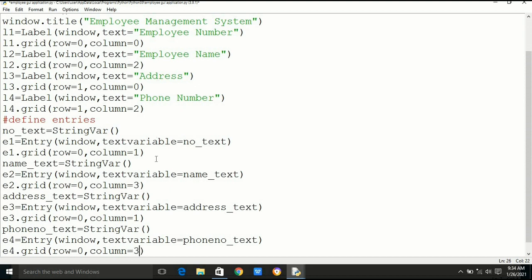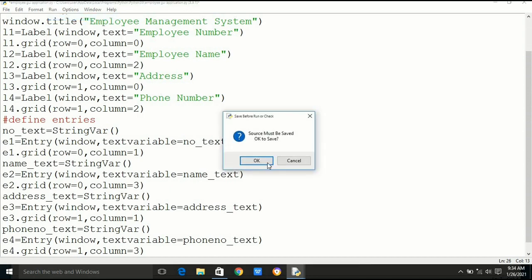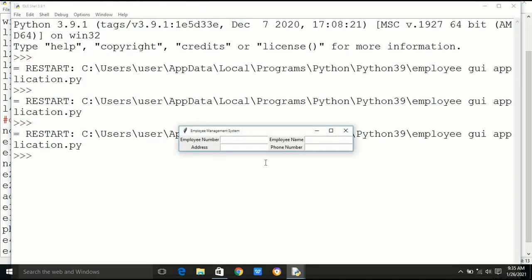The third and fourth text boxes will be in column 1 and column 3. Now 4 labels and 4 text boxes are created in the form, and we can see the result. We can assign as many labels and text boxes as we want.